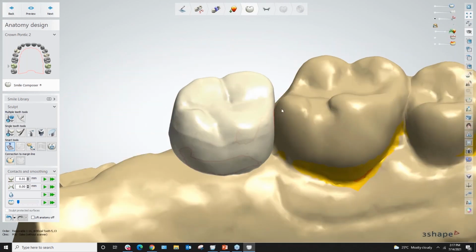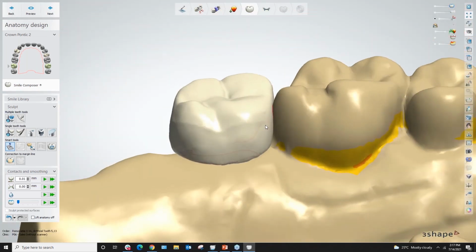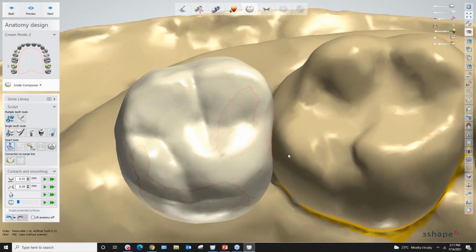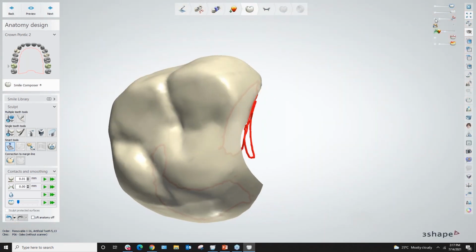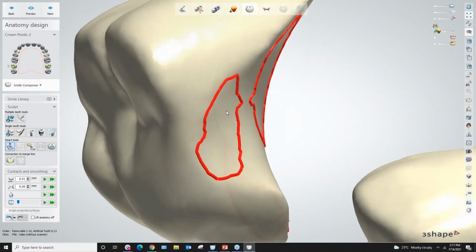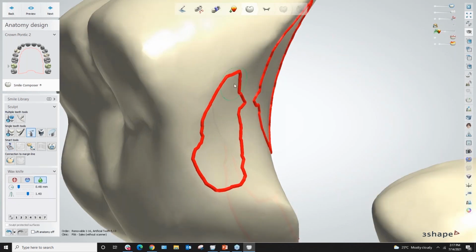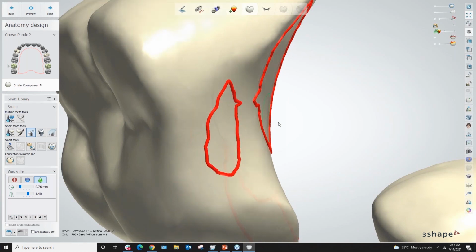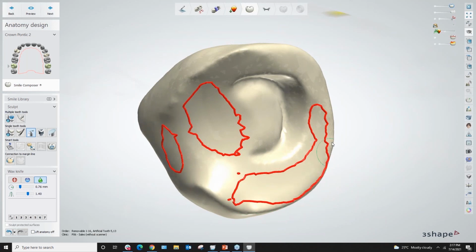However, be careful because it reduces on the proximal area as well. So once that is done, what you want to do is you really want to pay attention to the proximal area and if you feel comfortable with that contact point itself. Okay, so if I go in and just really focus on this area, I'm just going to grab my smoothing tool and maybe just smooth it out a bit so that I won't have an overkill on my contact. And these areas would be basically areas of just smoothing it out because it will be close to the gingival